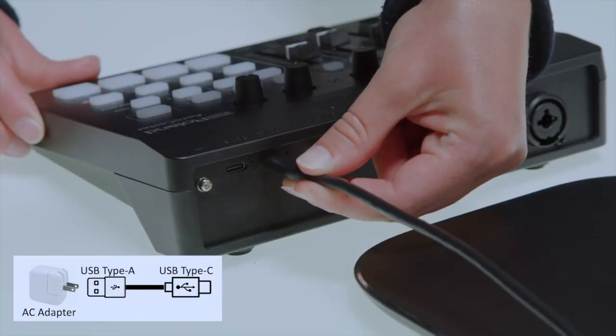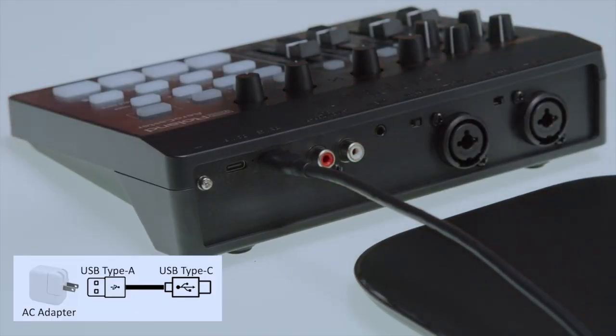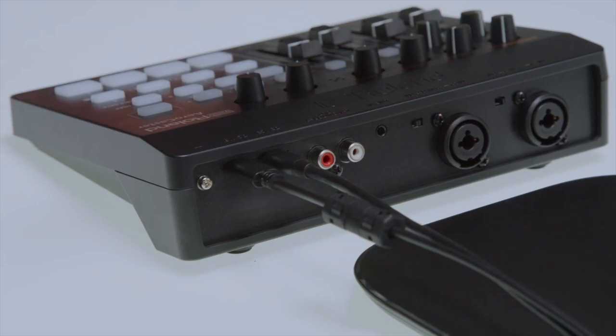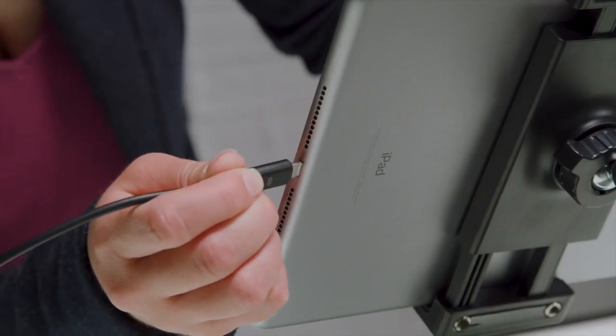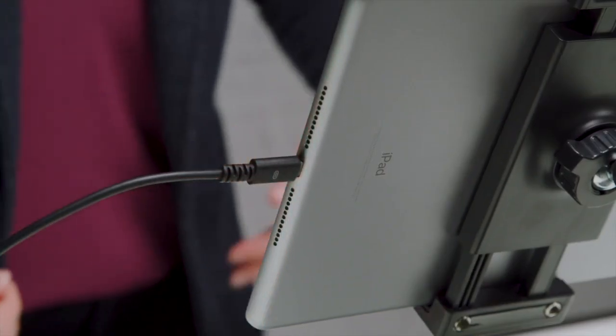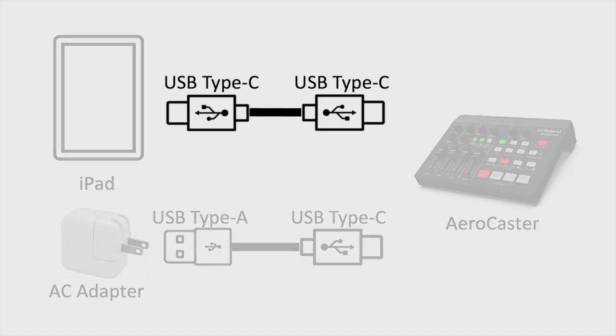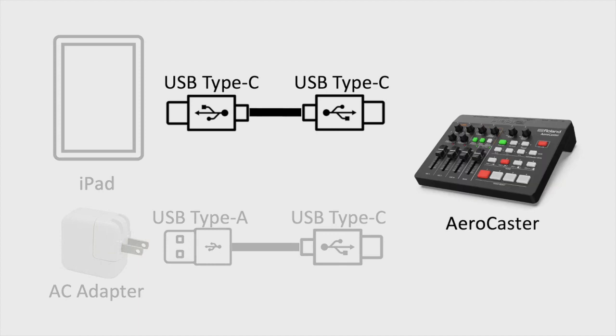Now, let's discuss some connectivity options with the AeroCaster streaming system. Use a USB-C cable to connect the VRC-01 to a 5-volt power adapter. If you have an iPad with a Lightning connector, connect the included Lightning to USB cable to the VRC-01 device port, then connect the VRC-01 to your iPad. If you have an iPad with a USB-C connector, connect a cable with USB-C on both ends to the VRC-01